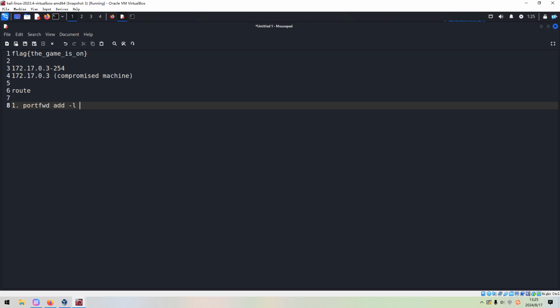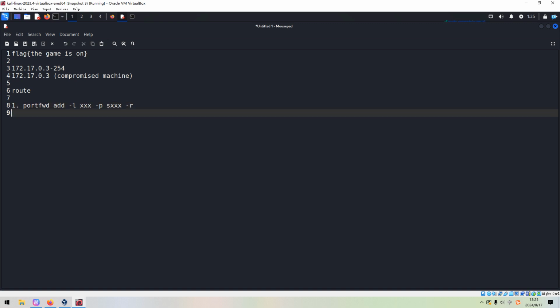We can use the -L option to specify the local port number to be listened on, the -p to specify the remote port number, and the -r to specify the remote host to connect to.